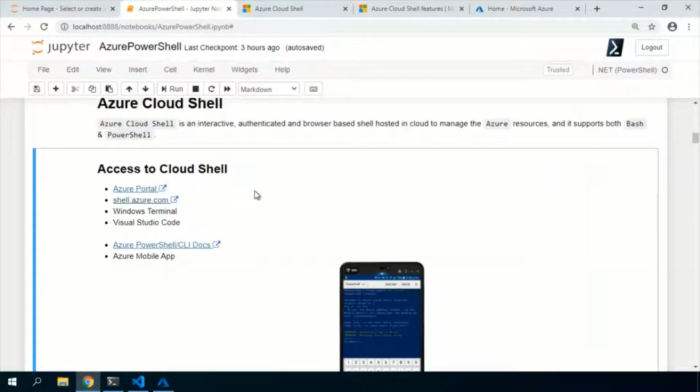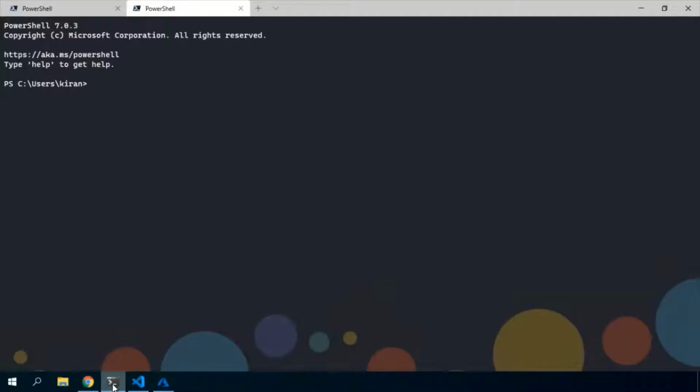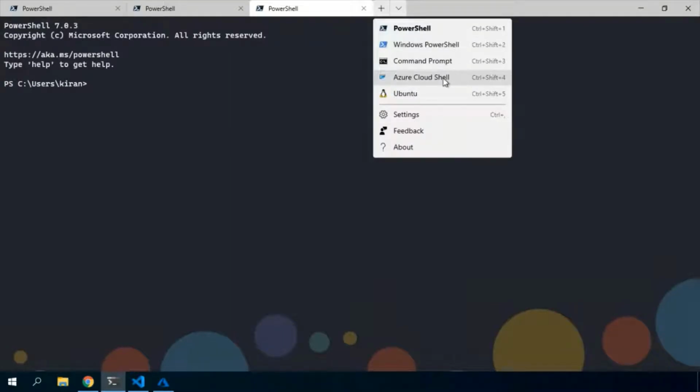And also you can access the Cloud Shell right from your local computer. You can connect to Cloud Shell using the Windows Terminal, and this is also from Microsoft. It has a rich view and tabbed experience. You can switch between the different consoles and different terminals here.